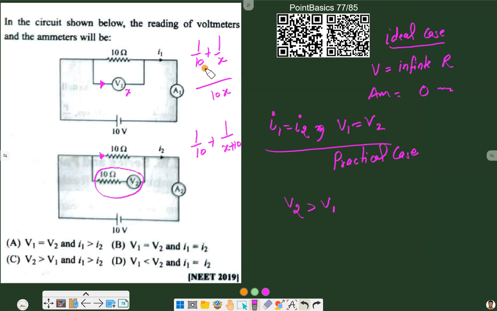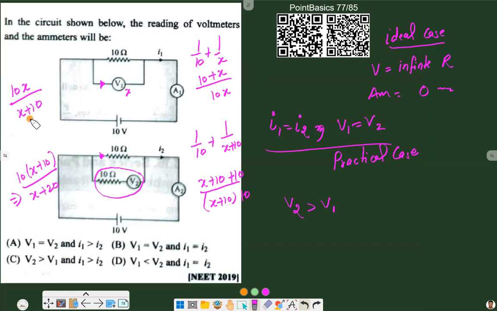It is 10x over 10 plus x, and x plus 10 into 10 over x plus 10 plus 10. So the final resistance of this circuit will be 10 times x plus 10 divided by x plus 20, and the final resistance of this circuit will be 10 times x divided by